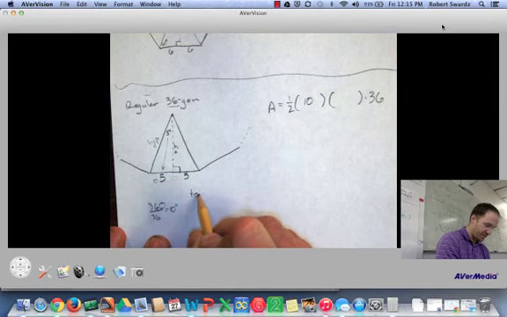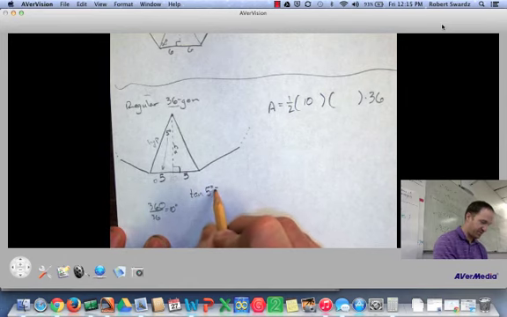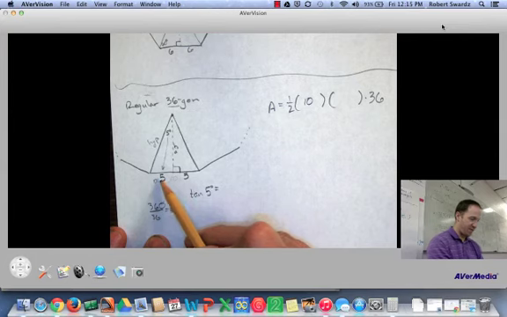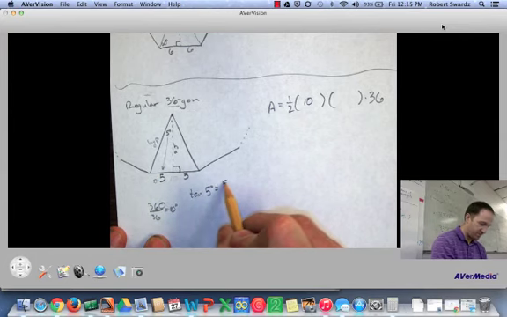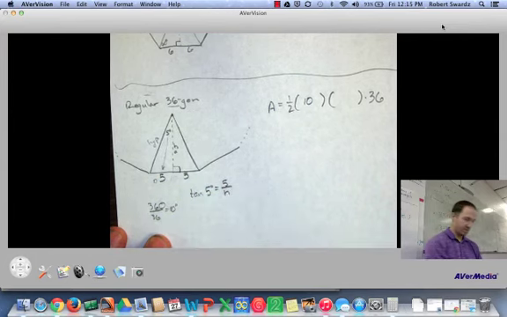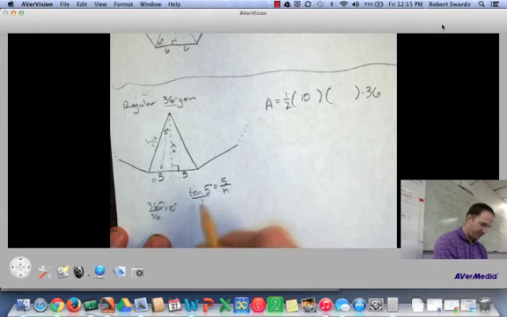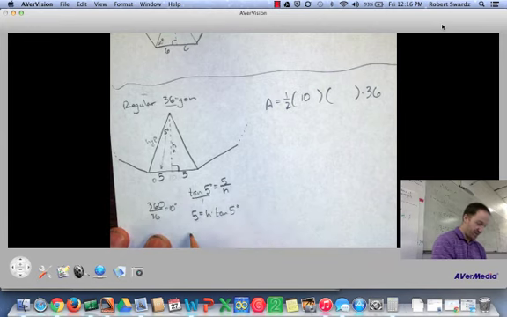So we're going to say the tangent of 5 degrees is 5 over h. Put that over 1. 5 times 1 is 5. H times the tangent of 5 degrees. So we divide both sides by tangent of 5, and we get 5 divided by tangent of 5 degrees,